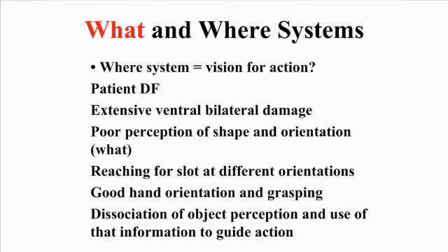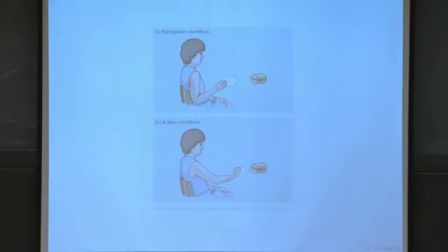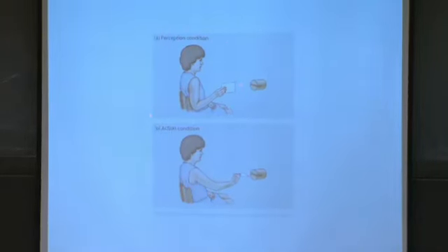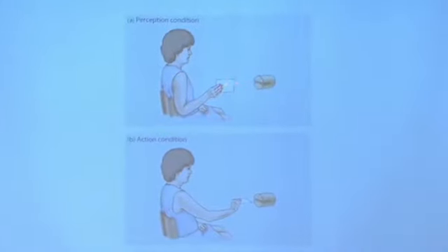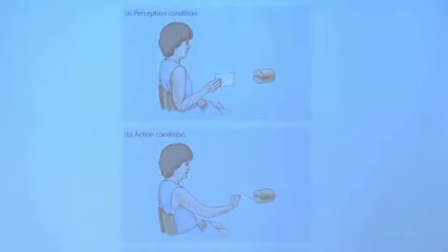And she was asked then to reach with an envelope to a slot at different orientations. And what's striking is, even though if her hand was a distance away, so she would have to think, what is the angle I would need to approach it with? She was terrible. When she actually moved her hand towards the slot, she was surprisingly good. So let me show you just the feeling. If this patient would have to put her hand so that this letter would fit into the slot, she was very good towards spatial relations, and knowing what things were, and so she couldn't line them up at all.